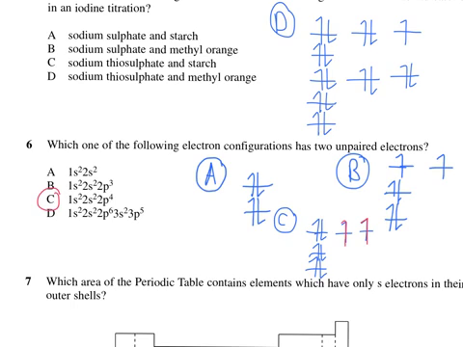And you can see that you've just got 1 unpaired electron, so it's not D either. Now, a slightly quicker way to do this is just to take the final subshell in each of the cases, because if you think about it, the final subshell is going to be the only one that can have unpaired electrons. All the others, now apart from transition metals, there's a couple of exceptions in that case, but for most